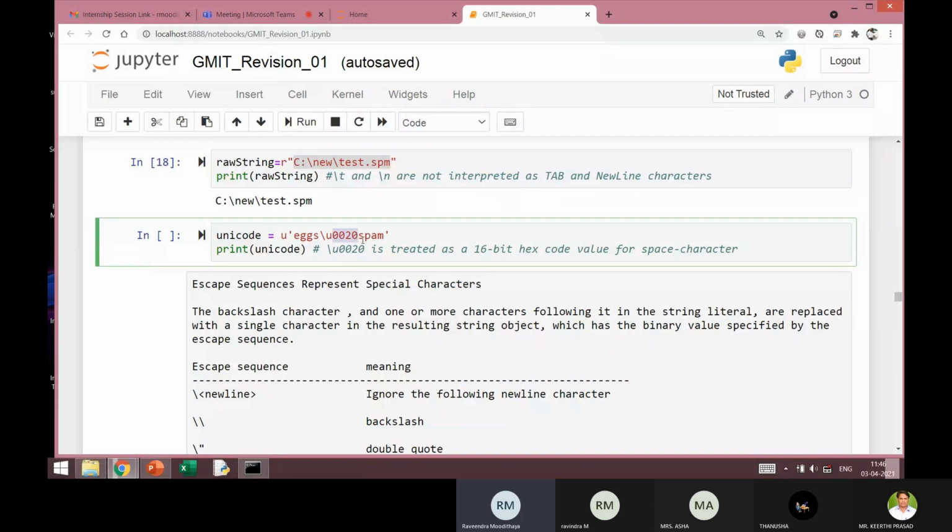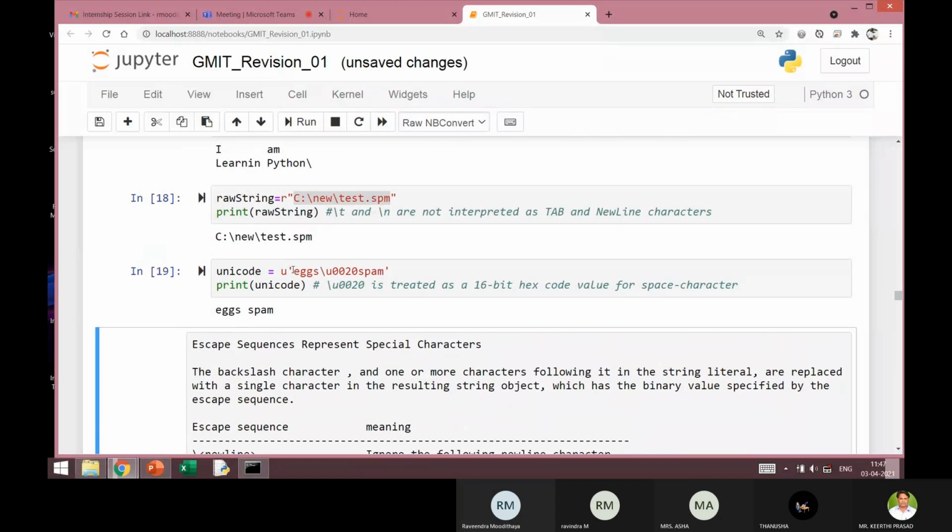Remember, this 0020 is to be read as a hexadecimal number, and to say that this is a 16-bit representation, I'll be using an escape sequence here, \u. Okay, so this entire thing \u0020 is interpreted as a space character, and it is saved using 16 bits for representation. And let's see what happens when I execute this.